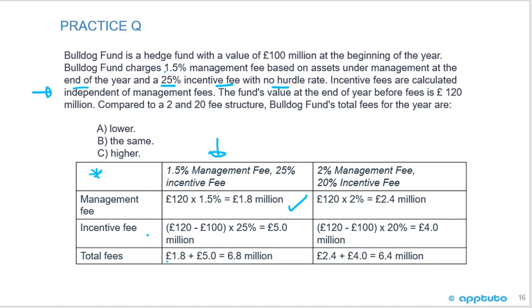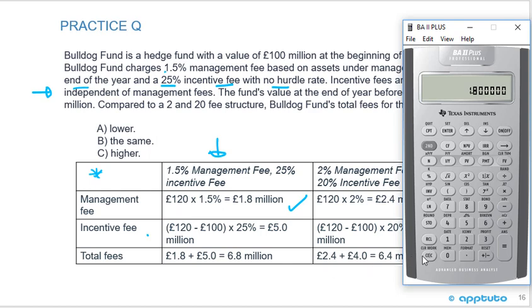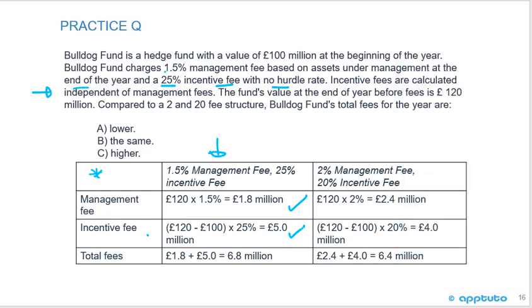So when we calculate the incentive fee, again, it's not too difficult. We're going to do £120 million at the end of the year minus the £100 million at the beginning of the year. It says independent, not net. If it was net, I would subtract that 1.8 million, but I'm not. And I need to multiply by 0.25, not 20%. It's a 25% incentive fee. That's why I said it's very important to read the question so carefully. And you can see I've got a $5 million incentive fee. So add the two together, don't need the calculator, have total fees of 6.8,